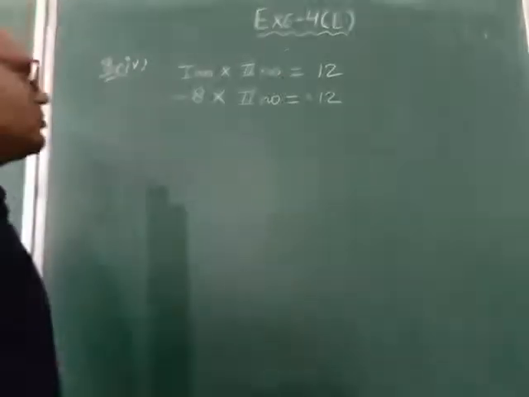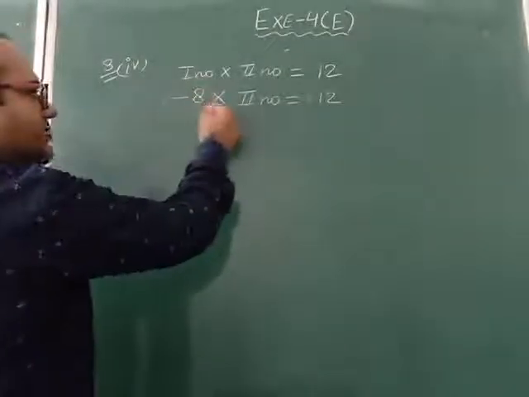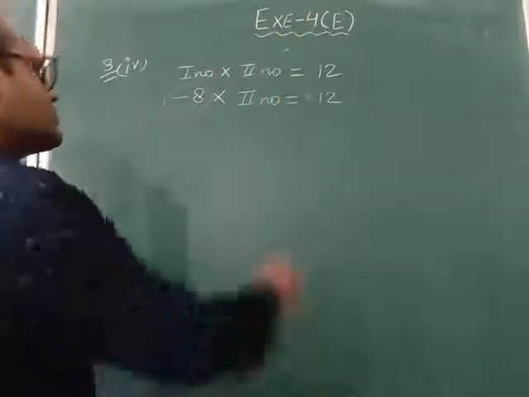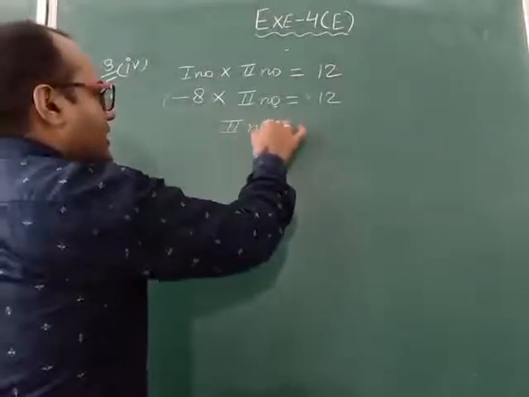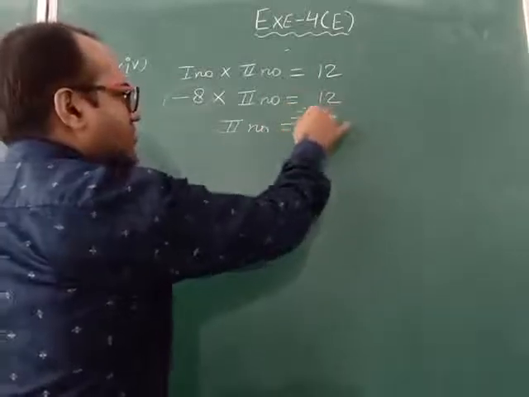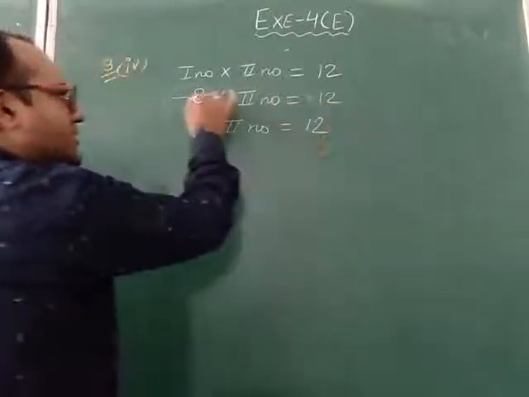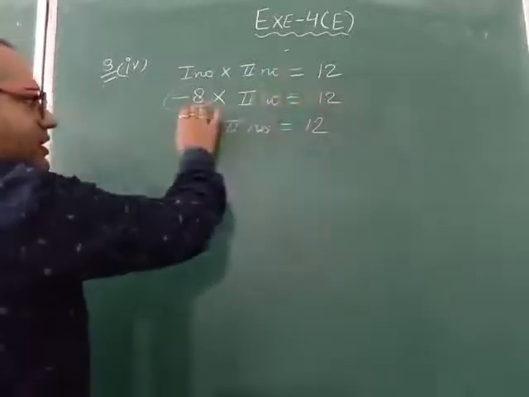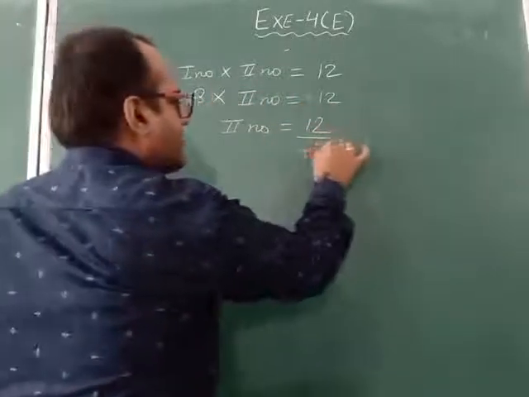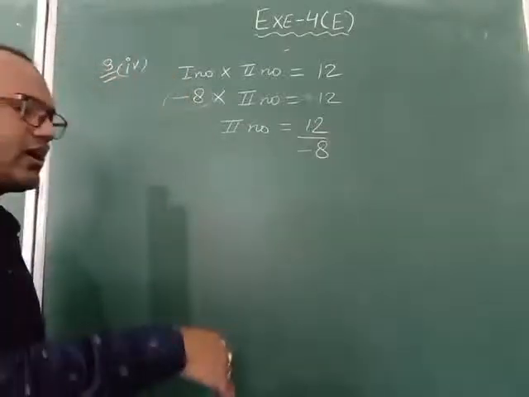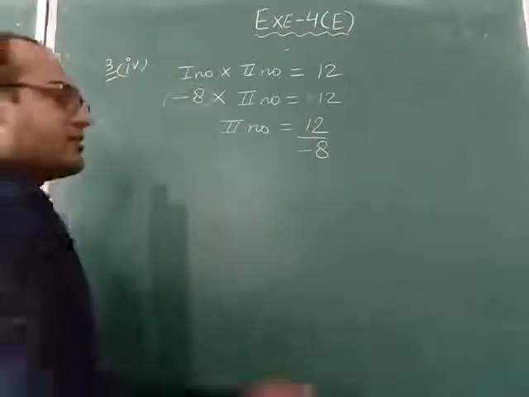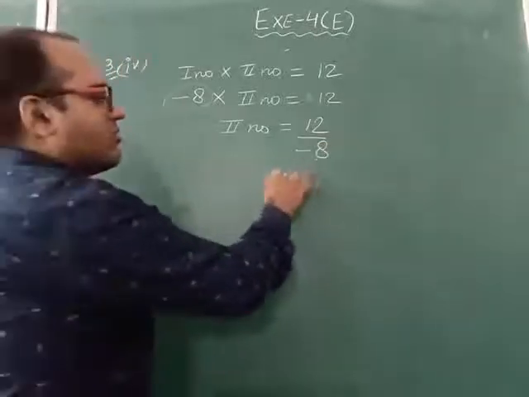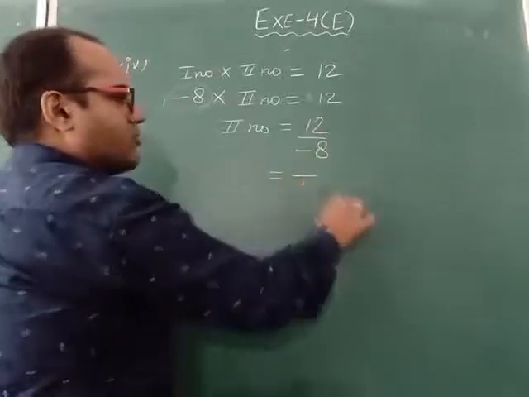Now what do we have to do? This minus 8 is in multiply here. On the right hand side we will write it in divide form. So the second number will remain at its place. Equal also same. 12 also remains same. This multiply minus 8 will come on the right hand side. So multiply will change to divide. So minus 8 will come in the divide. As I told you earlier, the minus sign we will write in the numerator. So in the next step this minus we will shift to the numerator.